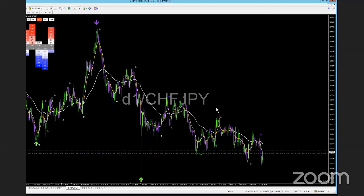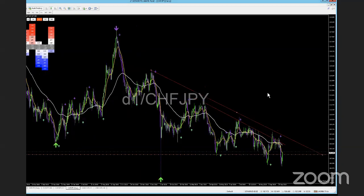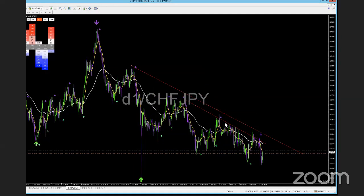But we can stay in this downtrend. If I draw a down trend line, it's nothing perfect, kind of sloppy. If we're drawing it from here, that's one. We can draw another one from this peak, that peak, and that peak. So essentially, even if we're wrong, although that didn't stick very well,